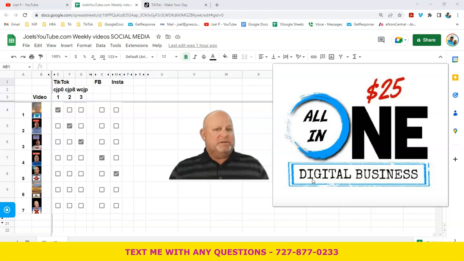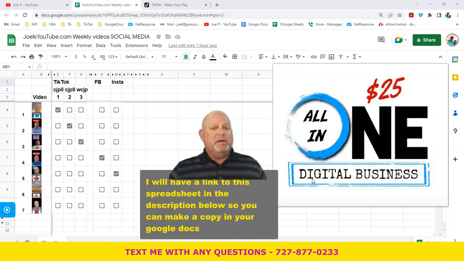So therefore, there has to be some organization. With that said, this spreadsheet here is in Google Sheets. Hopefully you have that. If you don't, you should get it set up. You can do it on Chrome or any of your browsers, but have it where you can easily access it, because it's something you'll be able to use to make your life a lot